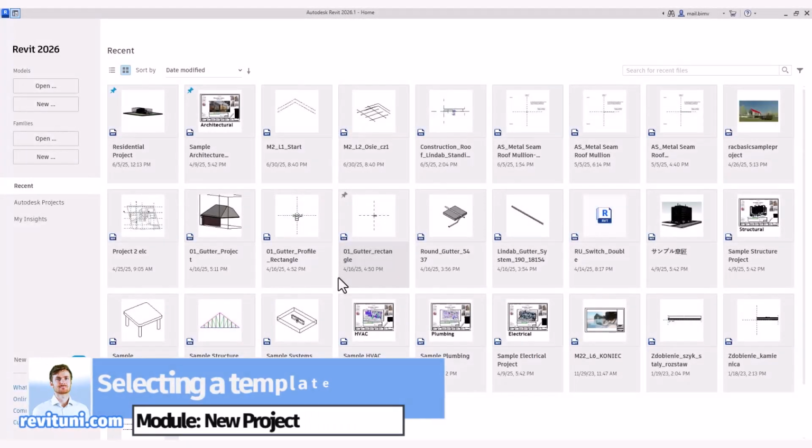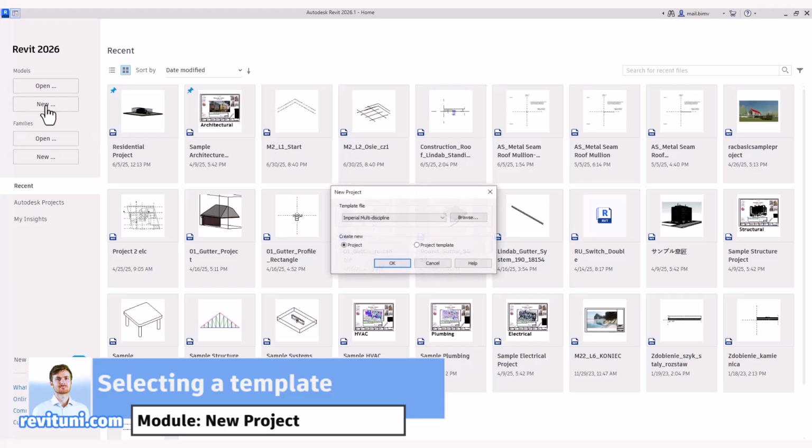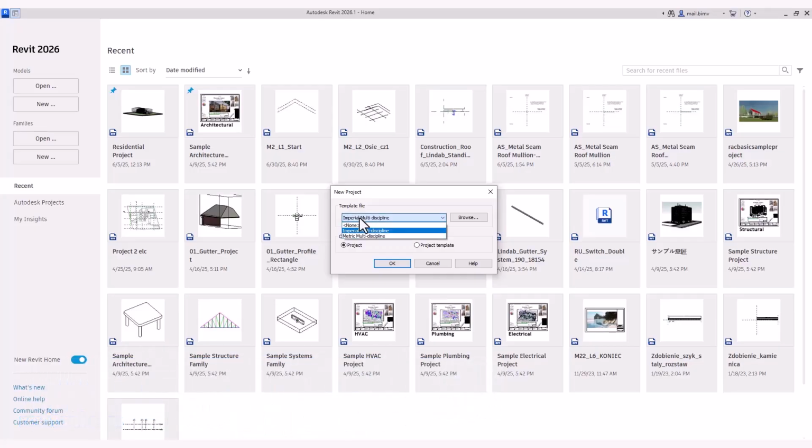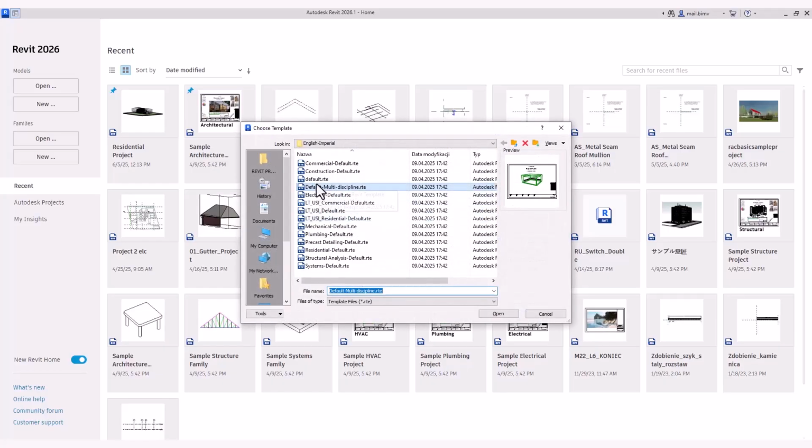Every project starts with selecting a correct template. This is usually the first step. So when I select New, I have to choose a template file. Now on the list I see only 2 for multidiscipline, but if I click Browse, I can access a folder